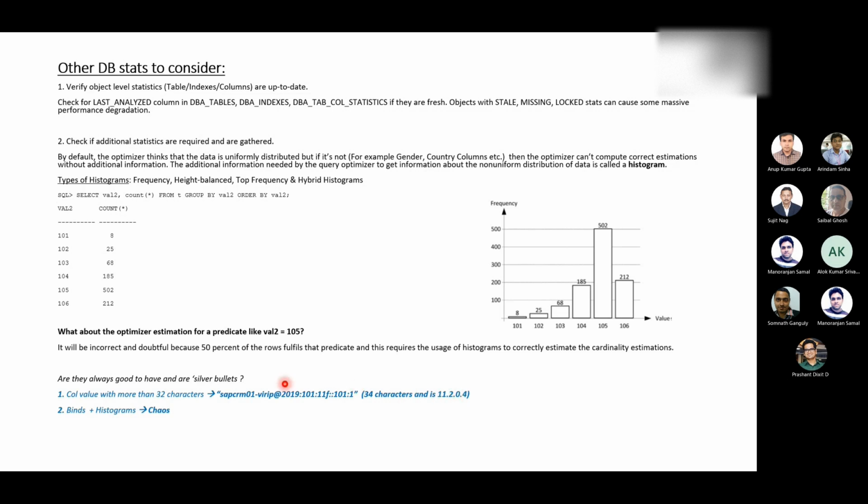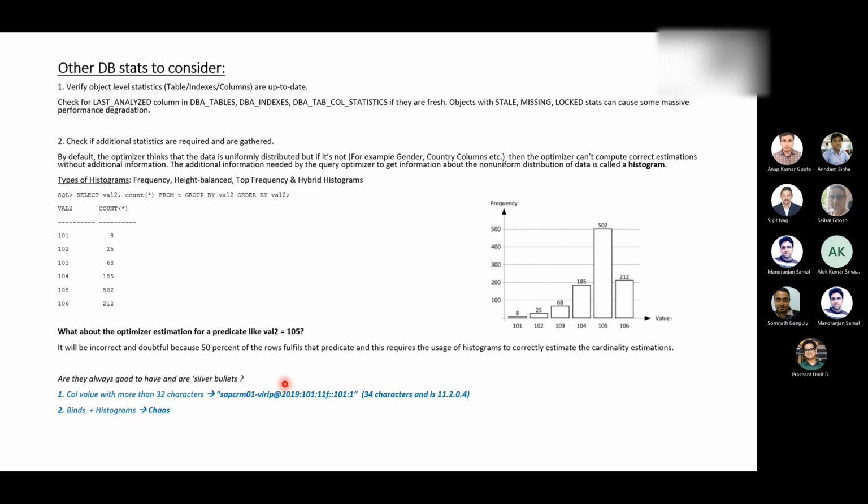For example, if you have statistics on a column and a column value has more than 32 characters, it will be skipped by the optimizer. I reached this conclusion after I checked the 10053 trace and checked with Oracle as well. In fact, you see some documentation available for 11g release 2 with a limit of 32 characters.